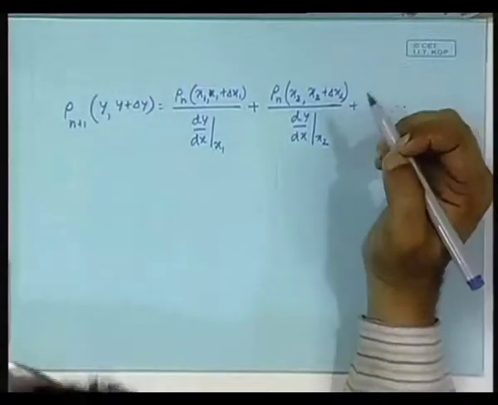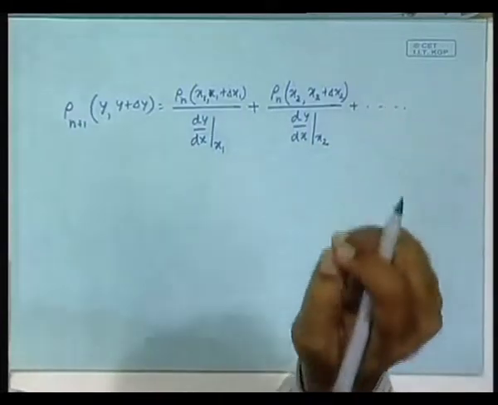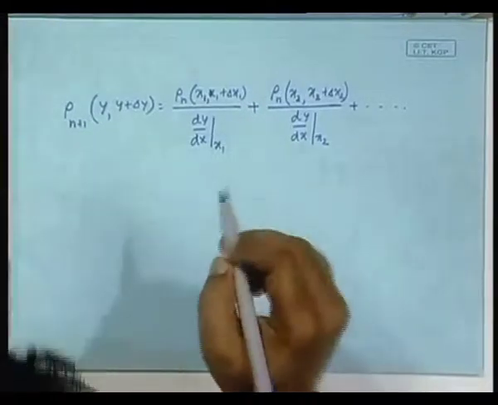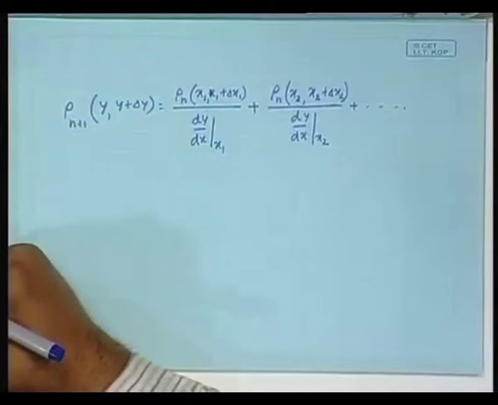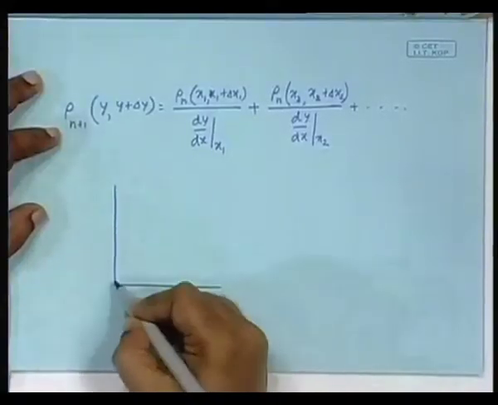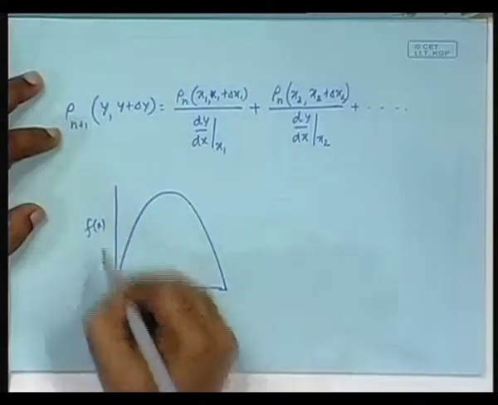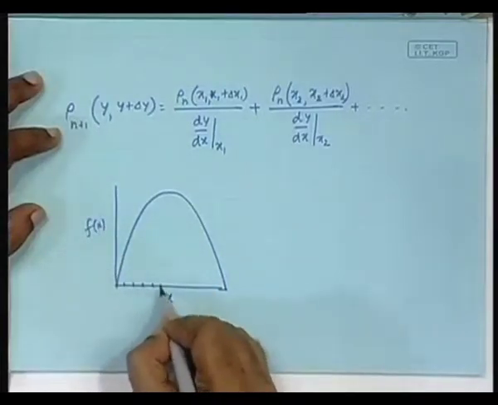In fact, you can obtain the invariant density for the logistic map, as I told you, both by iterating from the same place, starting from one condition and going on iterating, and also by this. How will you find the Frobenius-Perron operator for the logistic map? Let us try to work it out. Logistic map, it was like this. Here is x, here is f(x). Suppose we divide it into 100 bins.